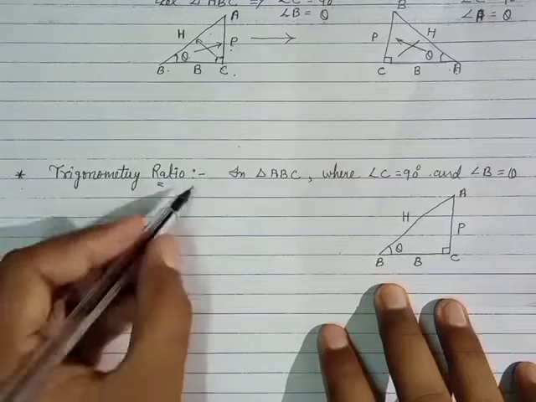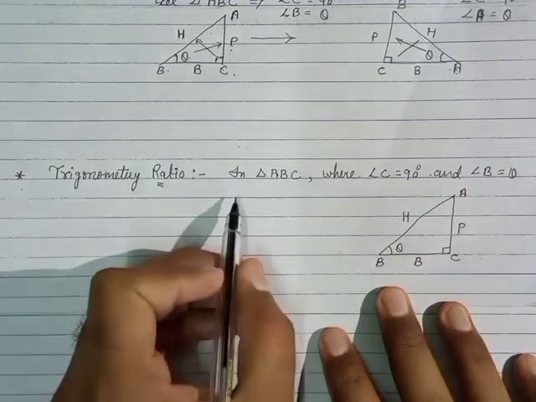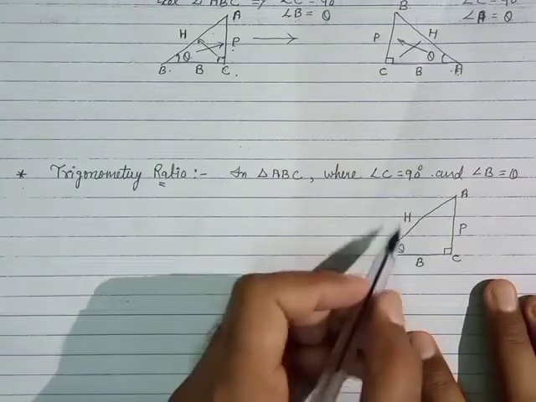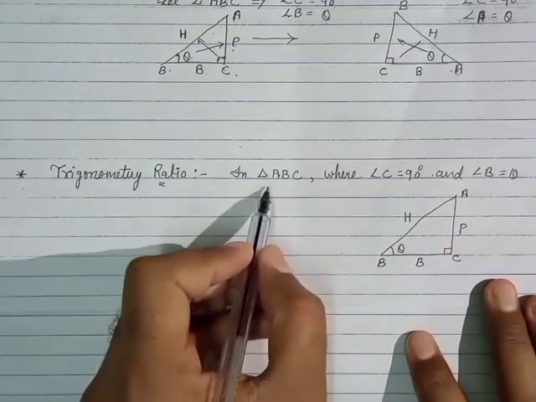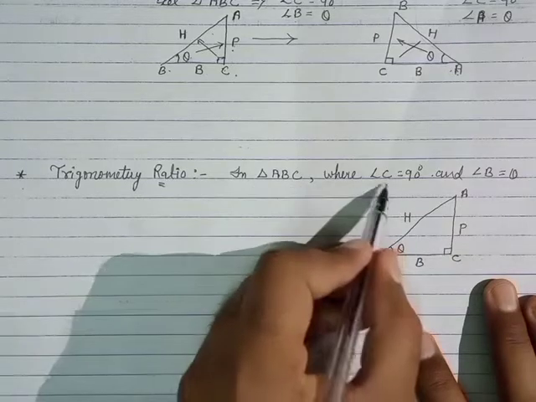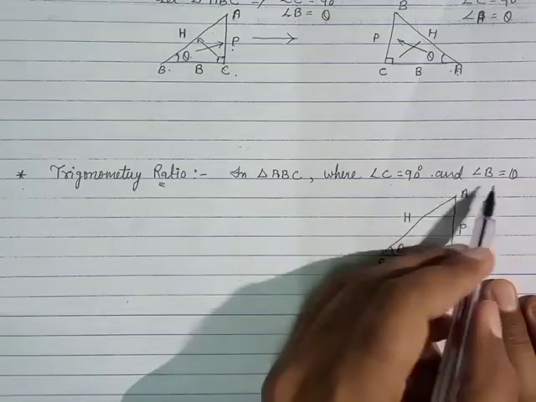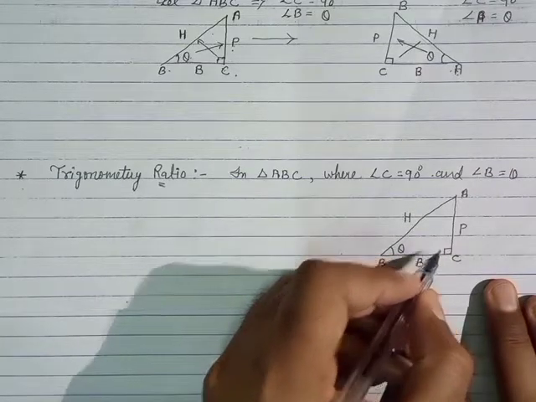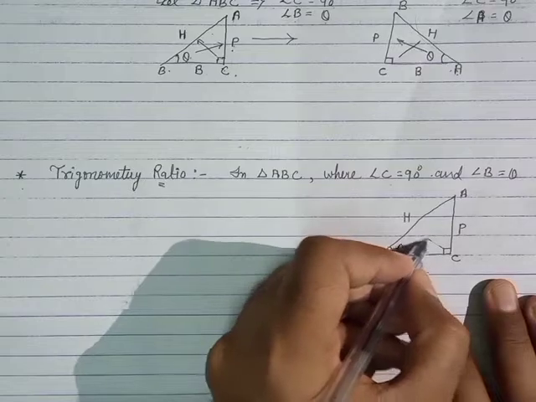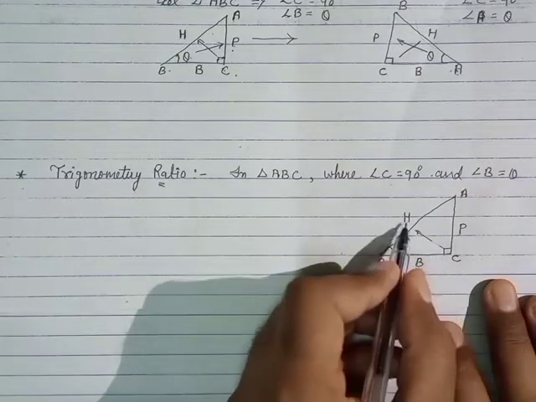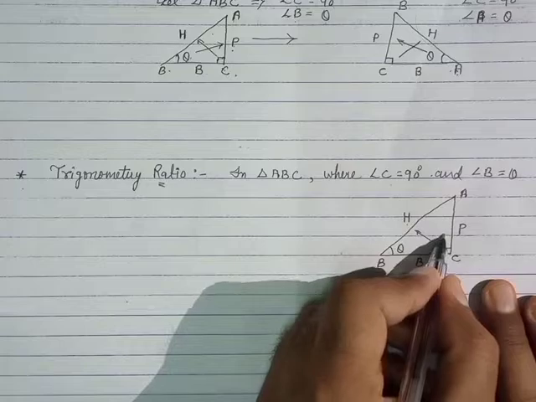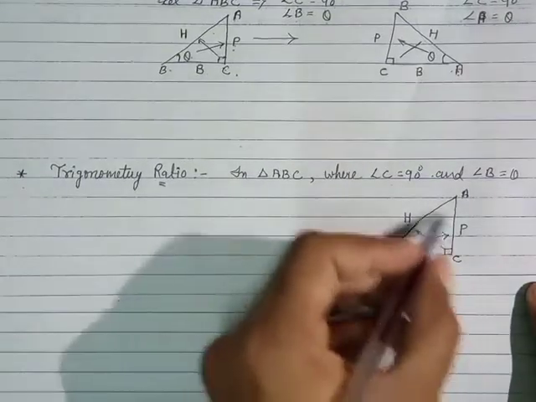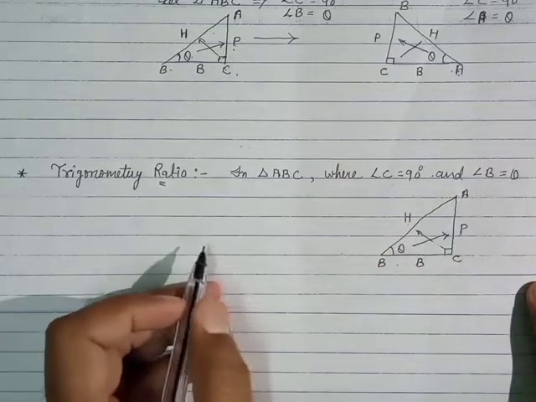About the trigonometric ratios, we can actually make 6 ratios with the help of the 3 sides of the triangle. Let me show it here. In triangle ABC, angle C is 90 degrees and B is theta. First of all we decide what is the hypotenuse, perpendicular and base. The side opposite to the 90 degree is the hypotenuse and the side opposite to theta is the perpendicular. With the help of these 3 sides we make the 6 ratios.